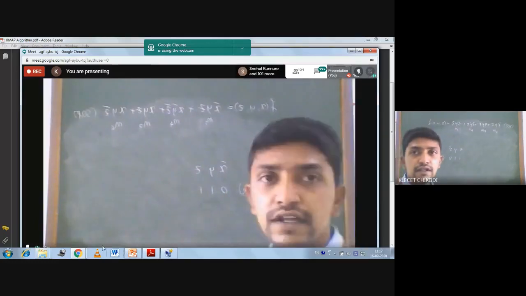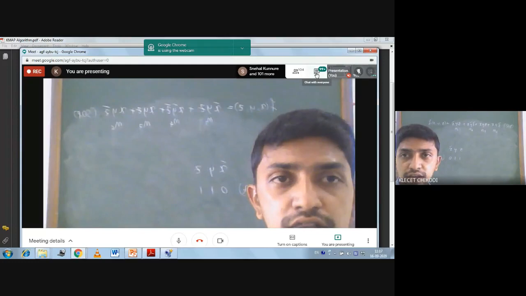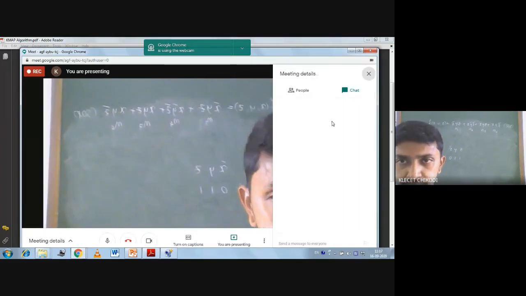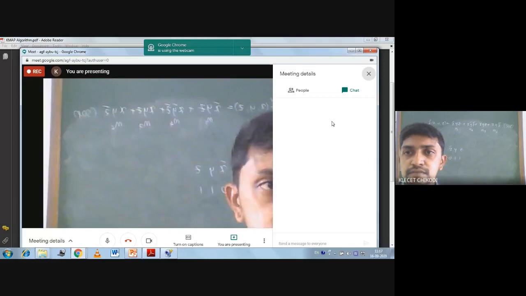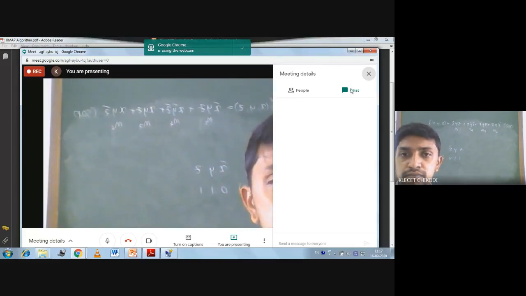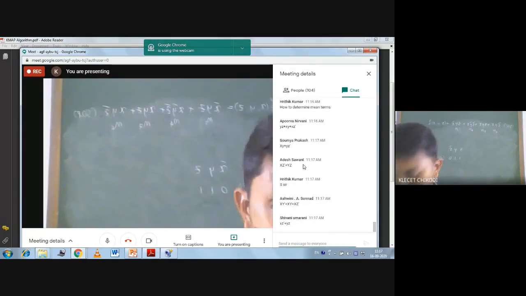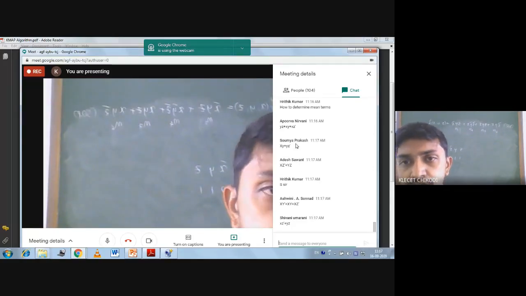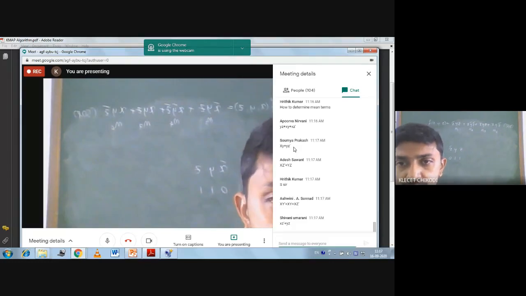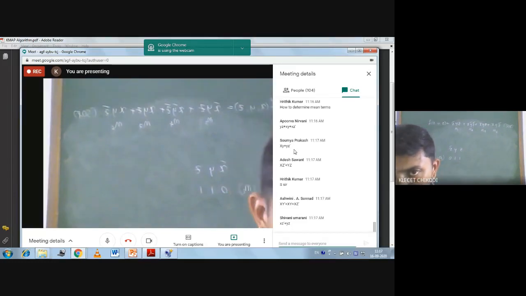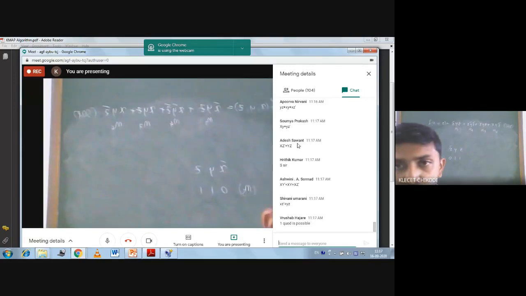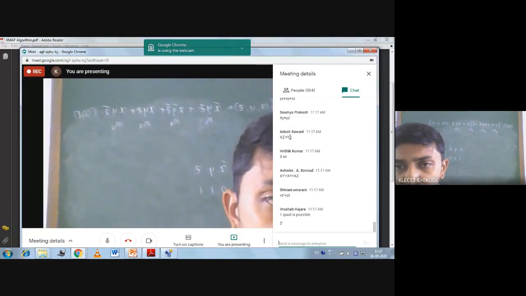So somebody has written the finalized Boolean expression. Adish Sawant, you are right.